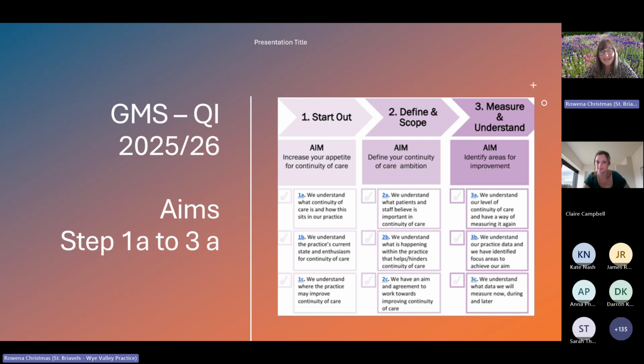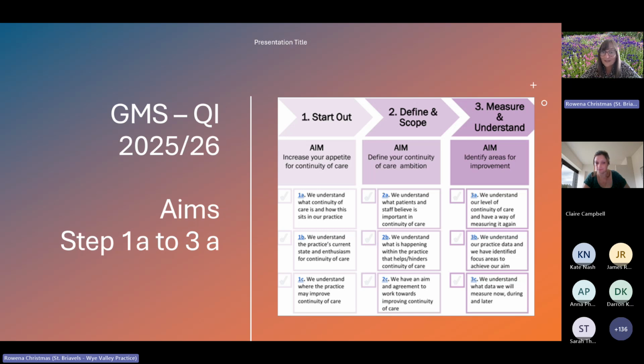So what do we have to do this year? That's all we're going to focus on at the moment. The contractual aims of this project for 2026 is looking for practices to show they've reviewed from step 1A to 3A of the toolkit. So of course we can all look through the whole thing for inspiration and see where we're going over the next 5 years. But for some of us, a step-by-step approach might feel more manageable.